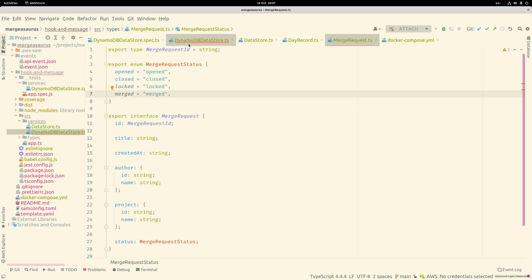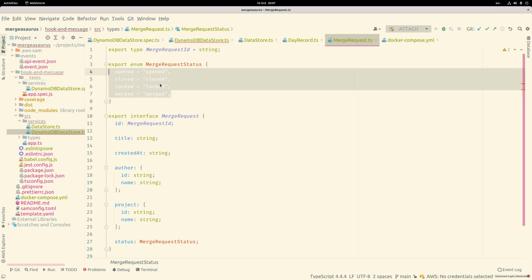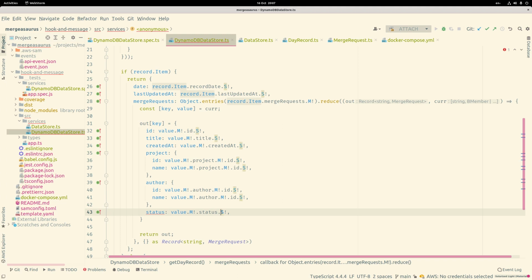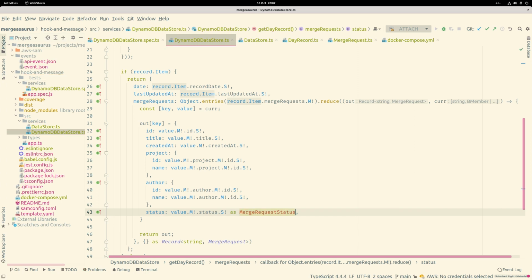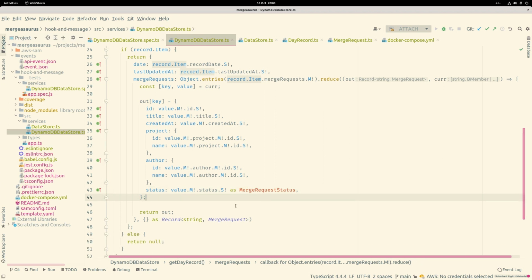But in our DynamoDB table, DynamoDB doesn't have the concept of enums we can store. So it's just coming back out as a string. So again, we could validate it. We could make sure it's a valid status, or we can just say that it is one and hope that everything's fine. But it's up to you as to whether you think it's important enough to